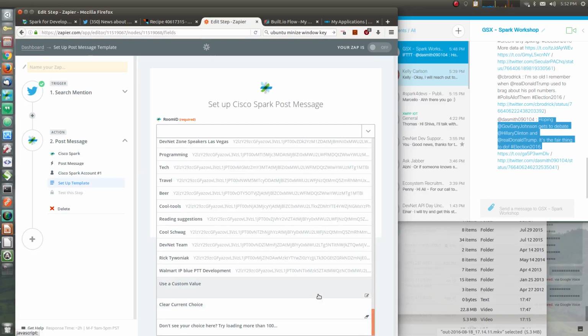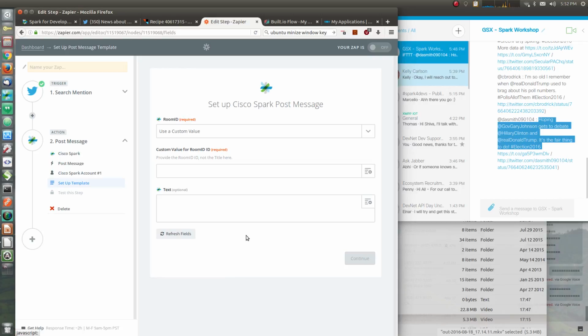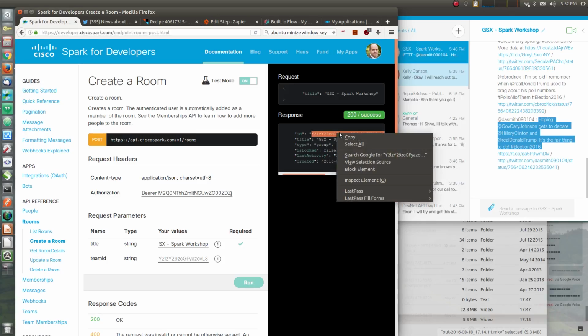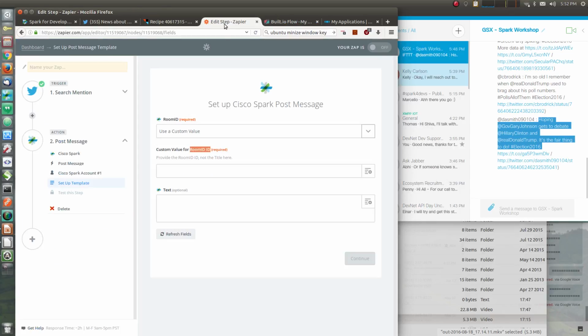In this case, you can scroll all the way down to the bottom and tell it that you want to use a custom value. And what this allows you to do is use the unique room ID that we saw earlier from the Spark developer documentation when we created the room as the selector for the room. So I'm going to copy and paste that from the Spark documentation results, paste that into the custom room ID field,